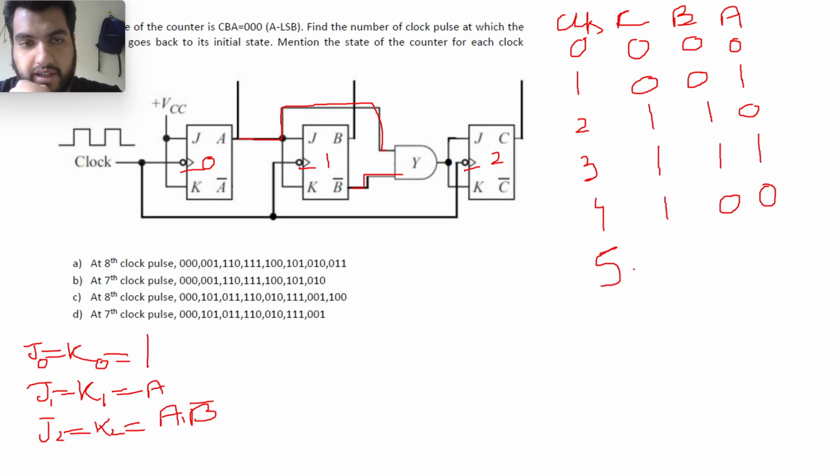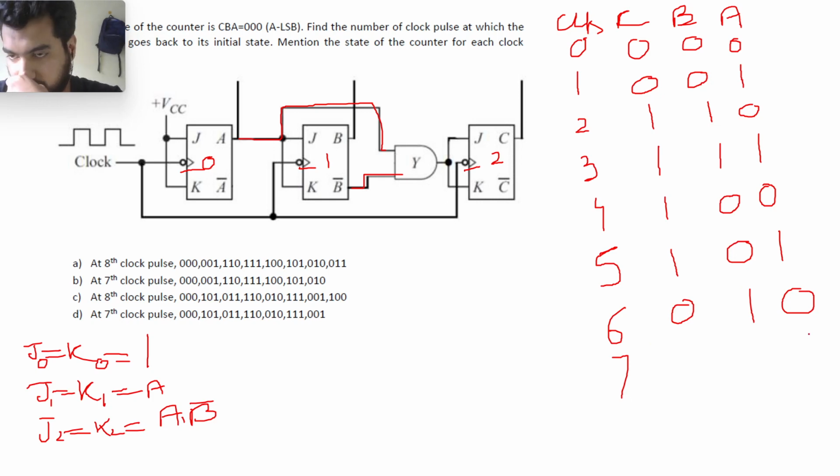Then my fifth cycle, A will be 1. B was 0, so it will remain at 0. And here my B is equal to 0 and my A is equal to 0, it will still remain at 1. Now my sixth clock cycle, A will be 0, it will toggle to 1. My B equal to 0 and my A equal to 1, so it will toggle, so it will be 0, 1, 0. Now my seventh clock cycle, so it will be 1, it will be 1 only, because my